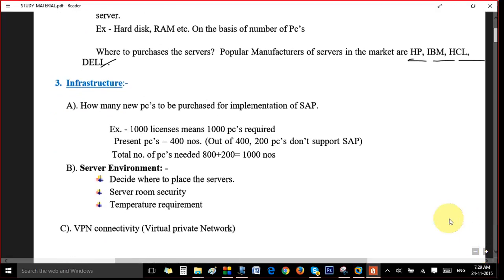Why? Because they have assessed in the first place, like say they want 1000 PCs. Why? Because they have 1000 users who are going to work. That means they are buying 1000 licenses. So in any company already they will be having